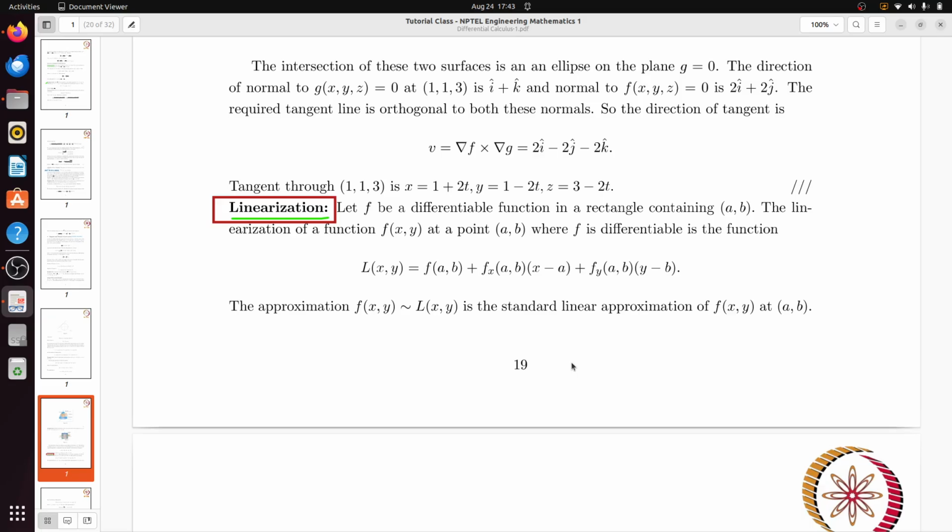You have a function f(x,y), and that function you can